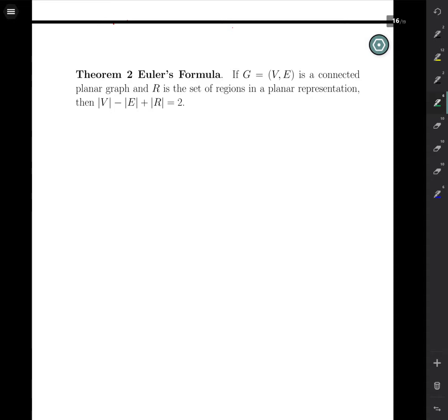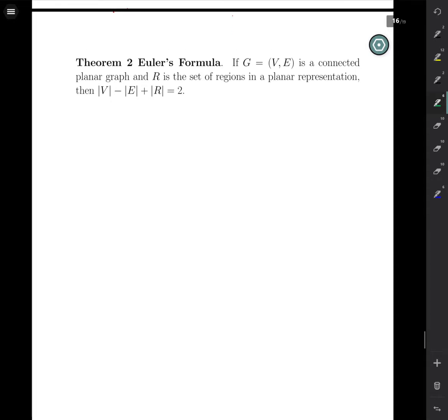Our focus in this video will be Euler's formula. Euler's formula says the following: if G, with a vertex set V and an edge set E, is a connected planar graph, and R is the set of regions in a planar representation, then we have the formula: the number of vertices minus the number of edges plus the number of regions is equal to 2,